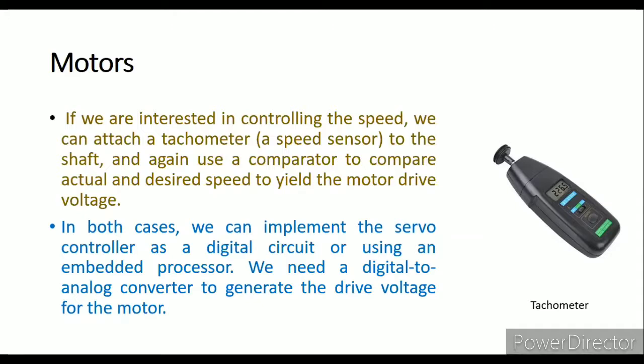So we have studied the solenoids and the relays to control the flow of a liquid or a gas, with mechanical systems. The same thing is controlled electrically with the help of relays. Then we studied two other important concepts of motors: the stepper motor, rotating step by step, and the DC motor, and how to measure the DC motor speed with the help of a tachometer, for which we showed the figure. So these are some of the important concepts about the IO devices for display purposes.